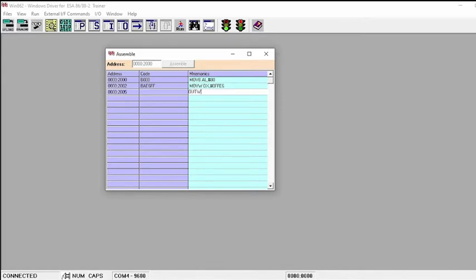OUT DX, sending it to the output port. MOV DX, #0FFE0. So this is another port address.